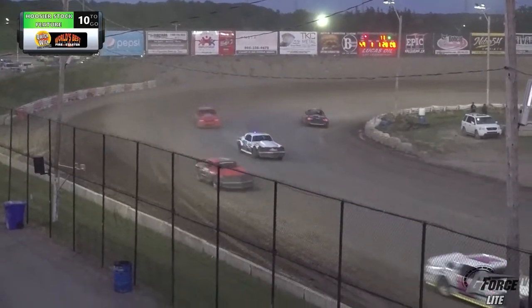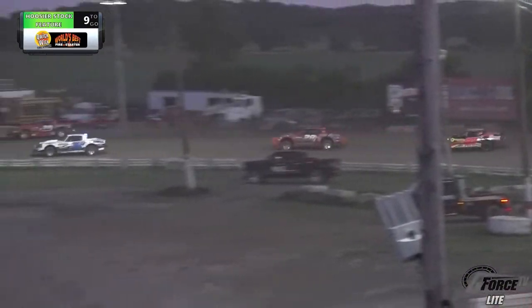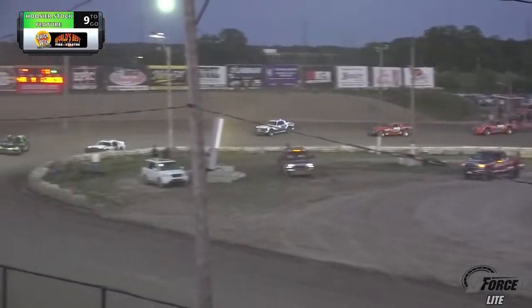Then Fontaine in the Club 54 Racing 1J. The M1 of Murray looks to the inside again. Can't make the move, sticks down low. Lampman's going to wash up the racetrack. Jim Lampman will drop 4th place to Zach Bleach as here comes young Donnie Lampman and Kyle Pelrine into the